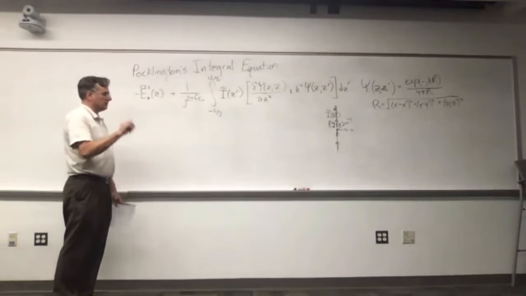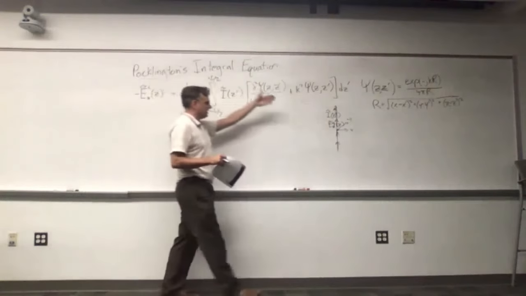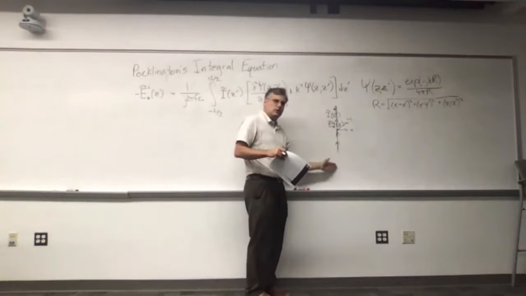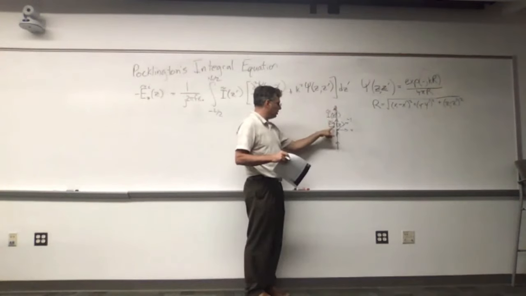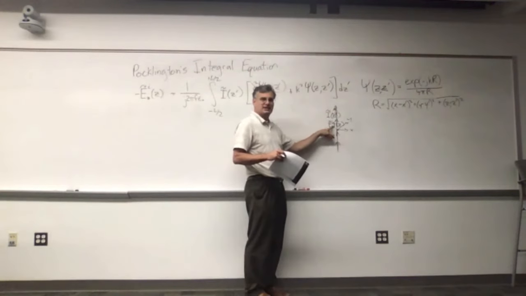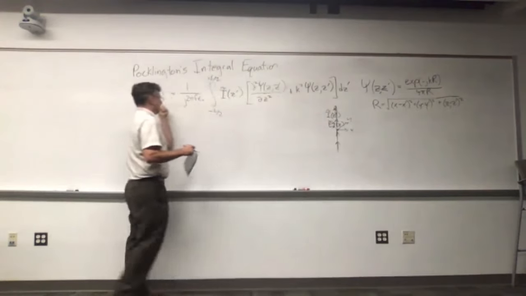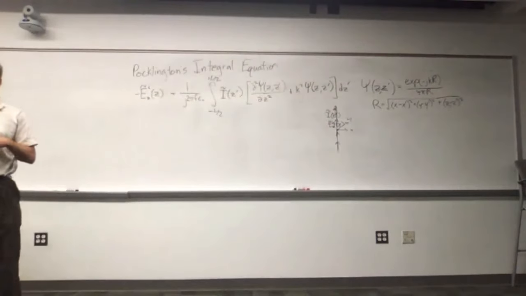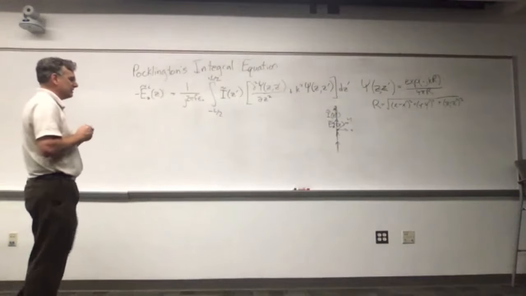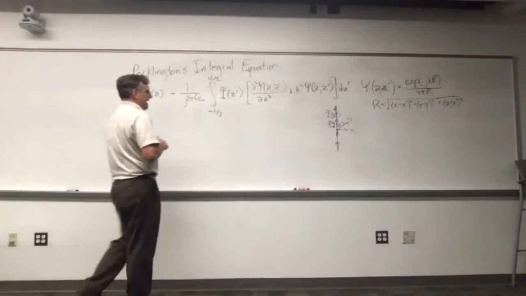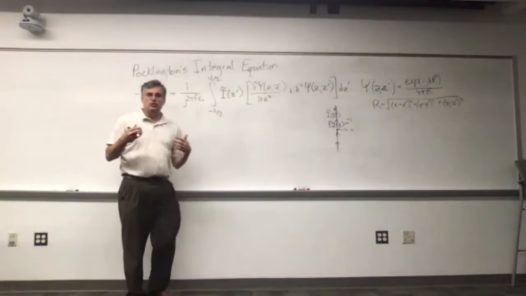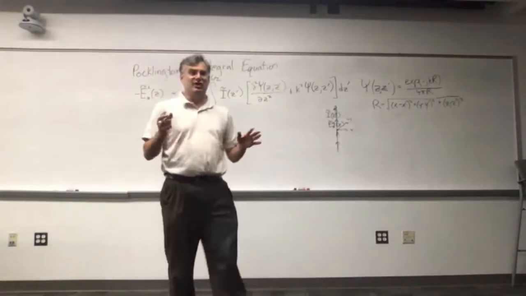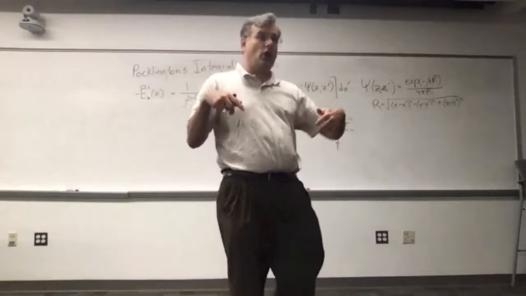So what this is really saying is that my current on the wire is related to the field excitation. They're related to one another, and here is the fundamental problem with studying antennas. They're related by an integral equation. When you use the term integral equation in antenna mathematics in general, you're not saying, oh, this is an equation